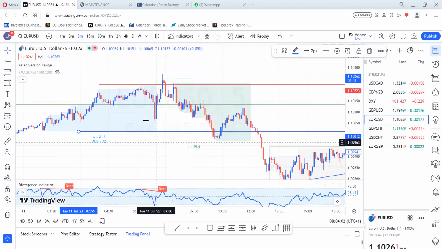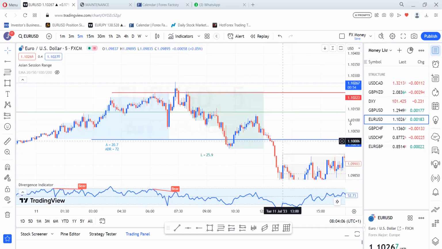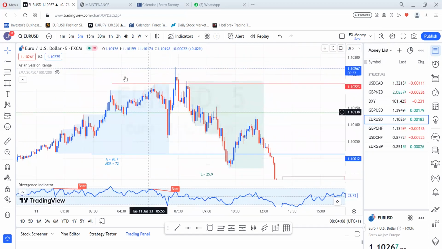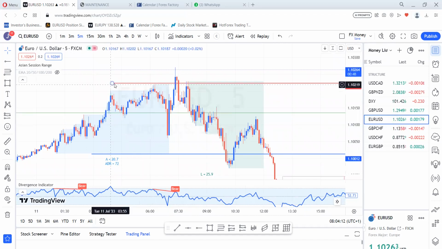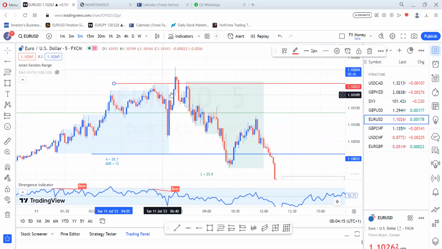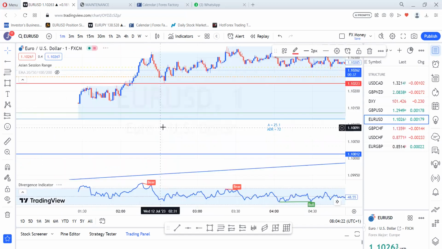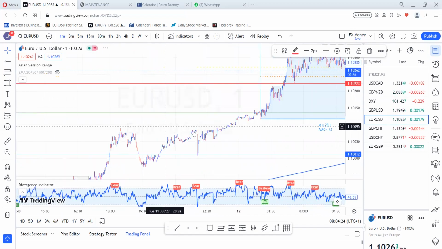So immediately before the London session, what I need you to look out for is either of the two, the one that is manipulated first. So here, we have the high being manipulated. You have the market go above that high. So that's when you go to your lower time frame. So when you get to your lower time frame, guys,